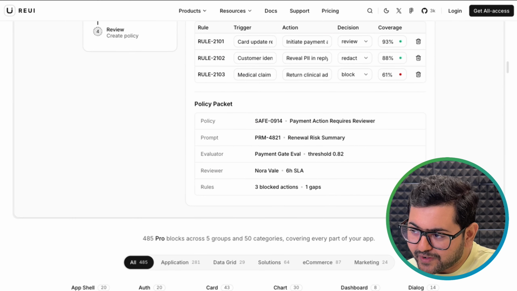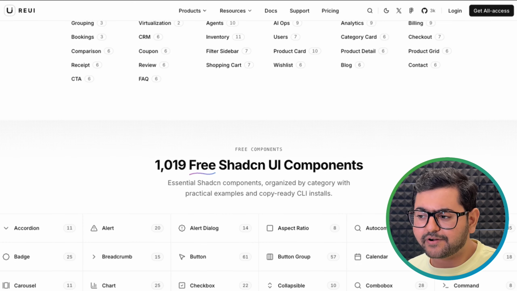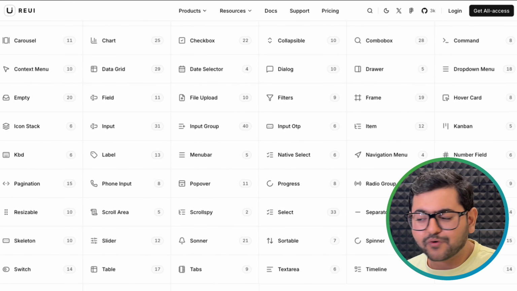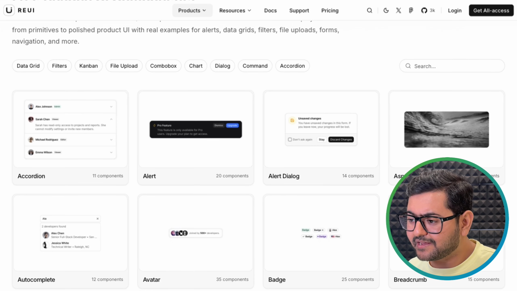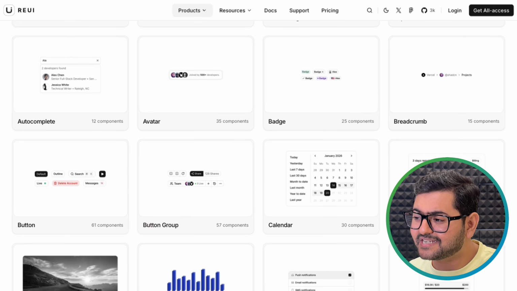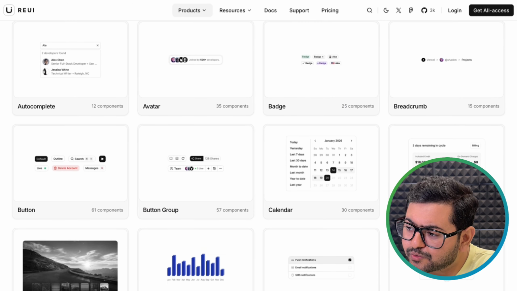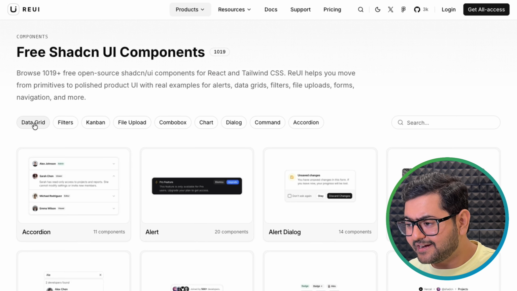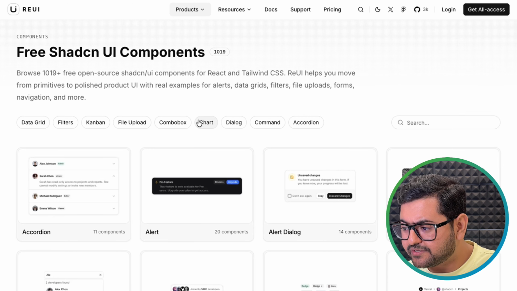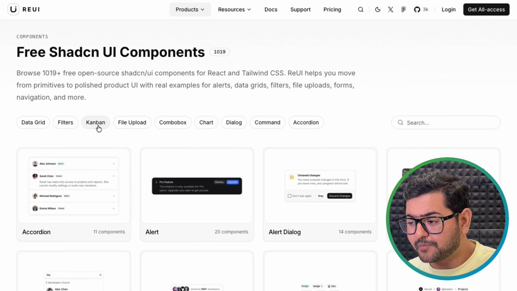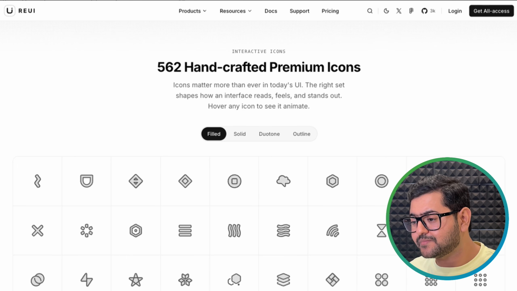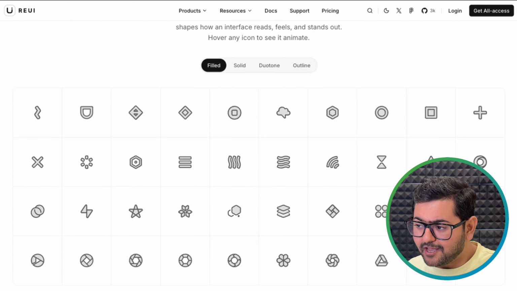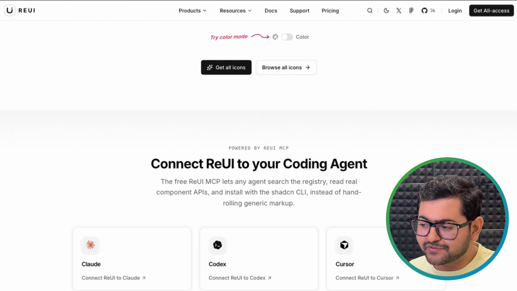Next, we have ReUI. And this one has a completely different focus. Forget about landing pages for a second. This is built for people making real software. It covers more than 60 plus categories of components in total. It offers over 1000 plus free open source components: data grids and tables, file upload components, charts, analytic widgets, Kanban boards, advanced ready to use forms, and another plus point is support for Base UI and Radix UI, just like